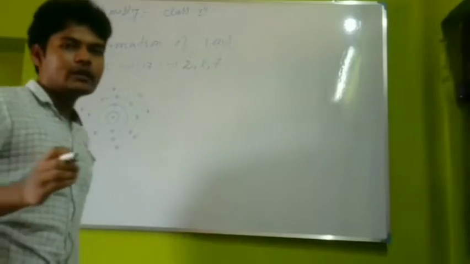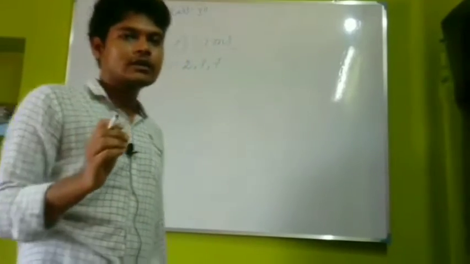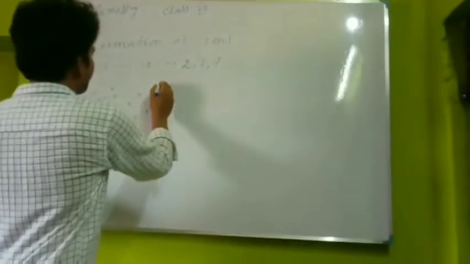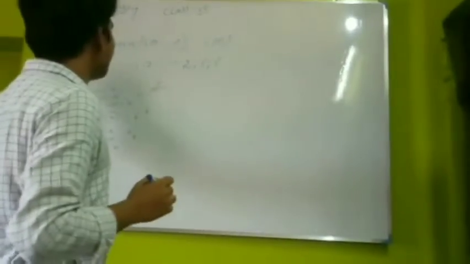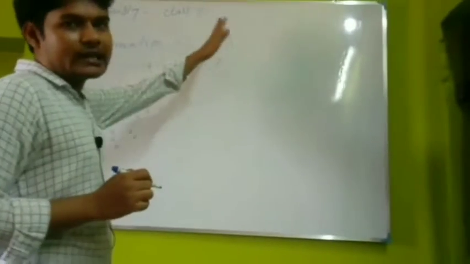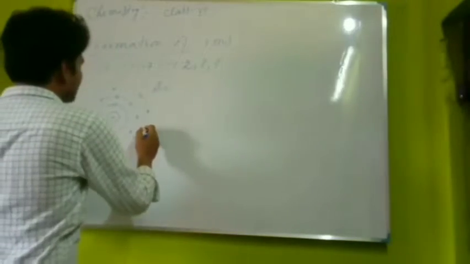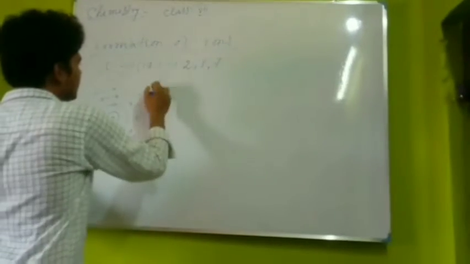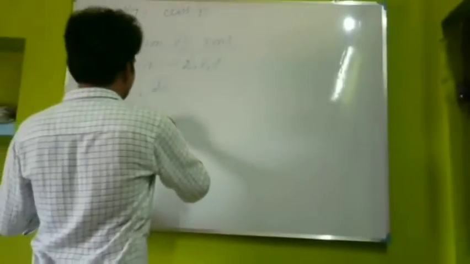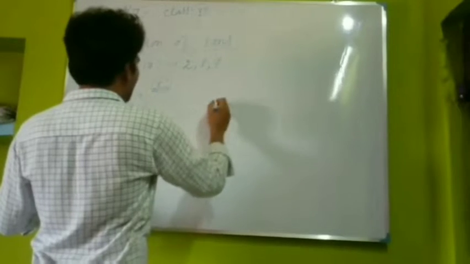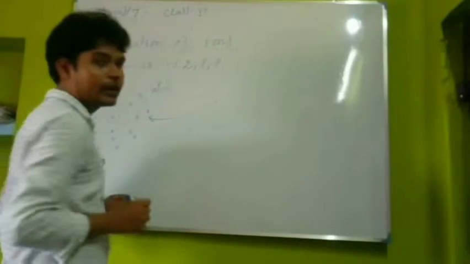Okay, so all atoms try to complete their outer shell, and the number of electrons that must be present in the outer shell is 8. You can see except helium, all the inert gases have 8 electrons at the outer shell. So there are 7 electrons present. So it always tries to take or gain one electron from another atom.